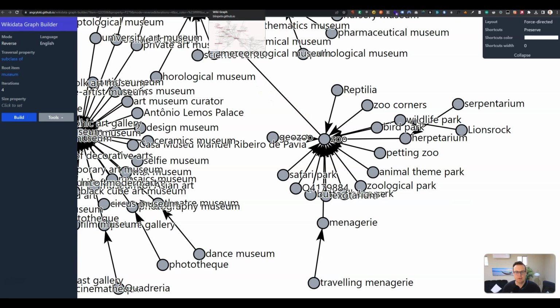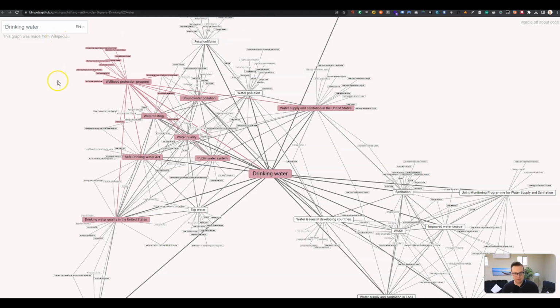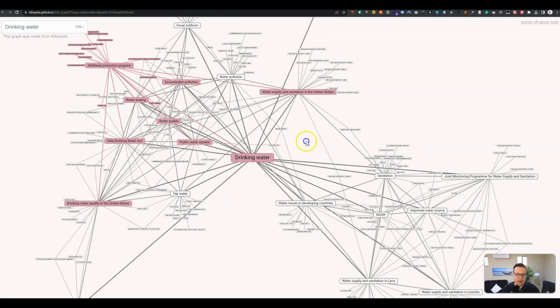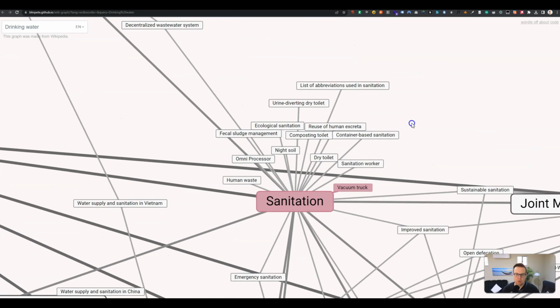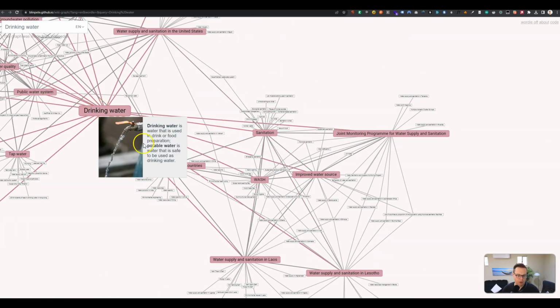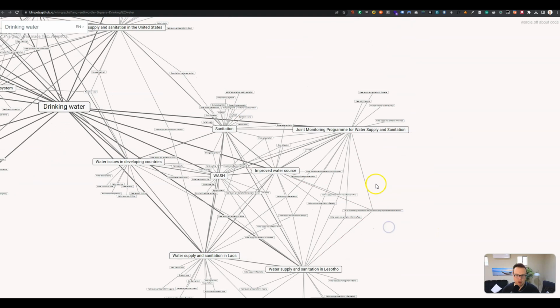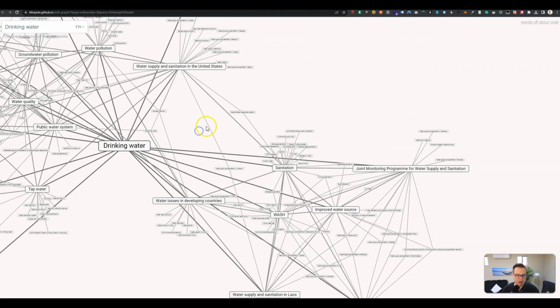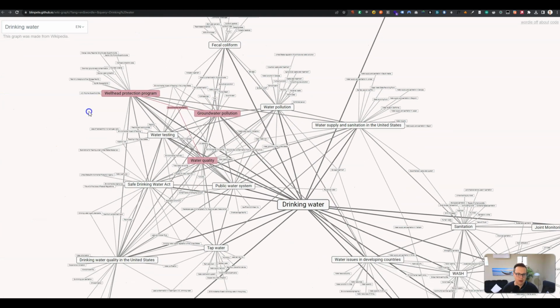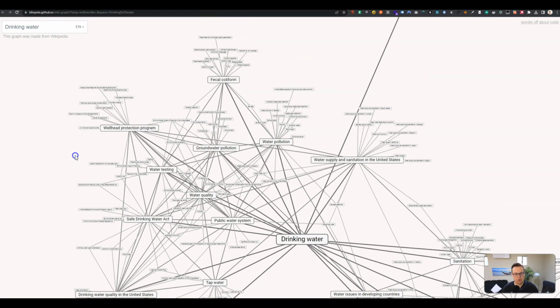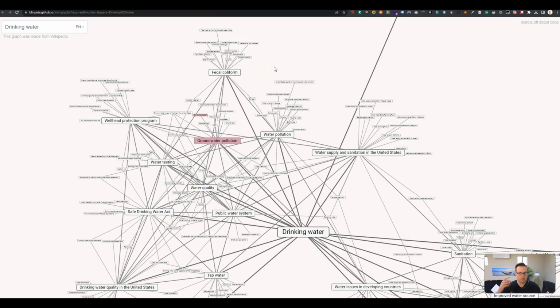Another way to visualize things is with the wiki graph. This is not a knowledge graph. This is a knowledge base visualized. And you can see here for the topic of drinking water, you can see all of the Wikipedia articles that are connected to certain topics. So if you are writing about drinking water, you might also want to cover things like water supply, water source, water pollution. I'm not saying you need to cover all of them, but it's more to trigger in your mind